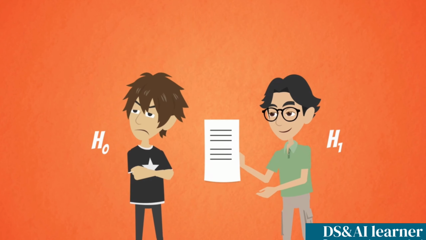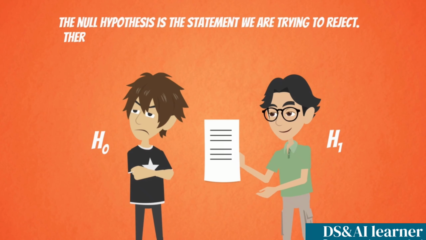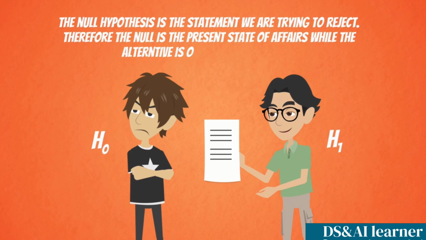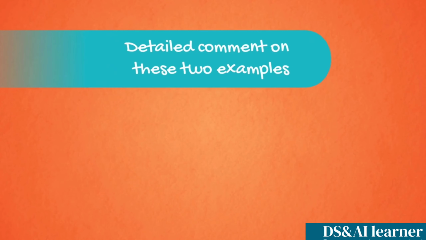Let me emphasize this once again. In statistics, the null hypothesis is the statement we are trying to reject. Therefore, the null hypothesis is the present state of affairs, while the alternative is our personal opinion. It surely is counterintuitive in the beginning, but later on, when you start doing the exercises, you will understand the mechanics. Okay, after this lecture, there will be a detailed